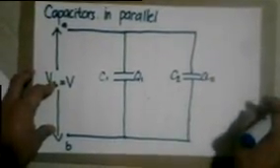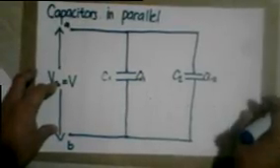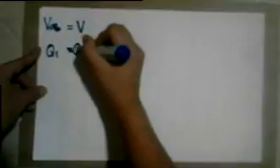In a parallel connection, the potential difference for all individual capacitors is the same and is equal to V_AB equals V. The charges on each capacitor depend on its capacitance, which is given as Q1 equals C1V